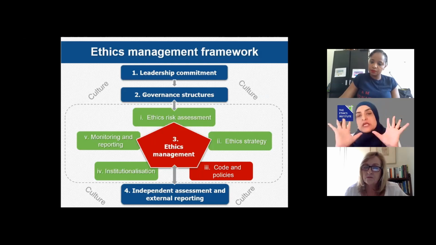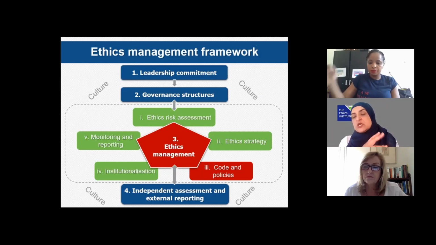It's almost like holding up a mirror. What are those things that undermine us being ethical, and what are those opportunities we can leverage? When you have that ethics risk profile and you embark on an ethics strategy process, your strategy is quite a defining moment for you as an organization, because it determines what we are going to focus on so as to address those risks and be the sort of ethical organization we want to be, and how we are going to leverage off the opportunities.